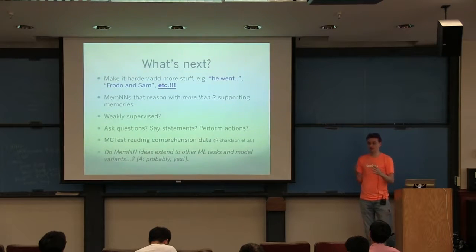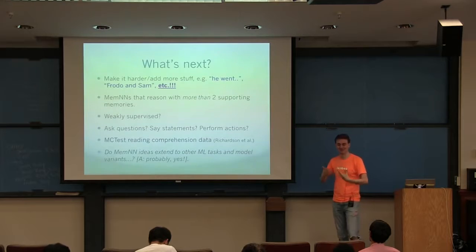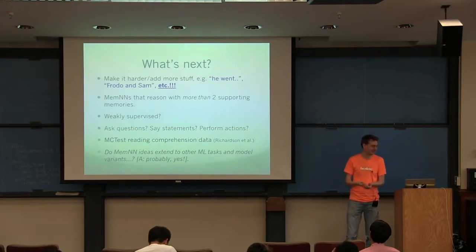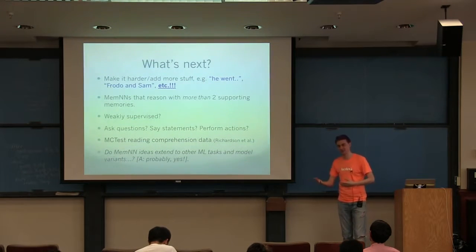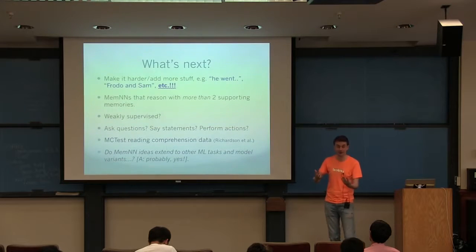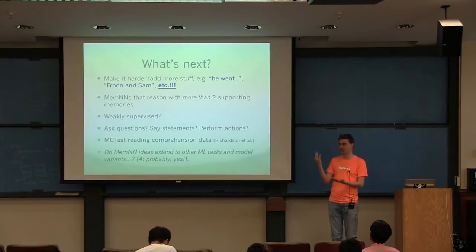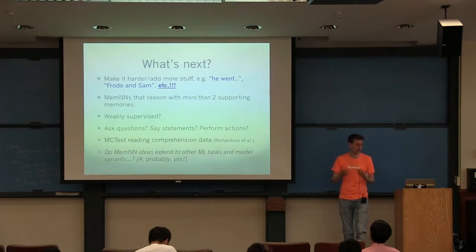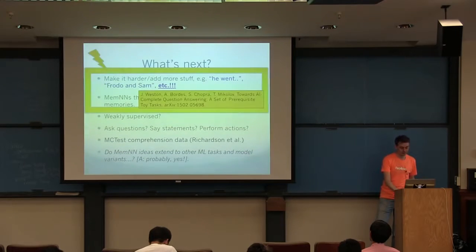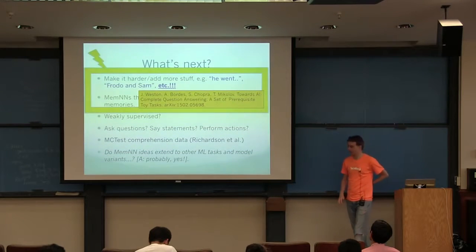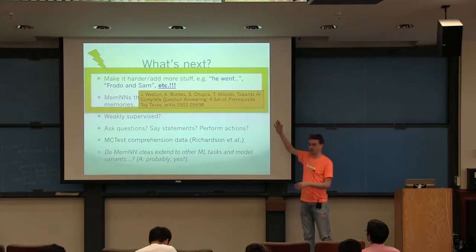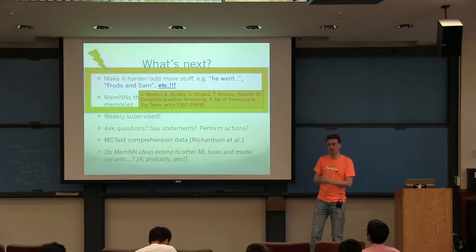And then, when the data's more complex, we need to make the model potentially more complex to be able to solve those problems. So like dealing with more than 2 supporting facts, dealing with word order, because we just had a bag of words model in the matching function, these kind of things. So that's our first attempt to do that, it is on arXiv, but I'm not going to describe it.